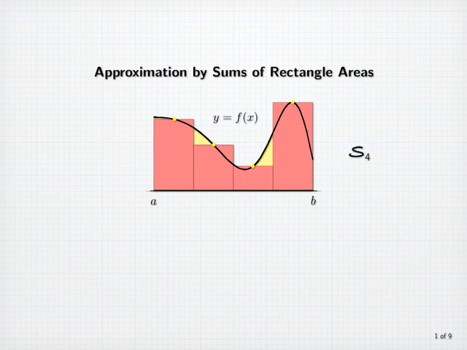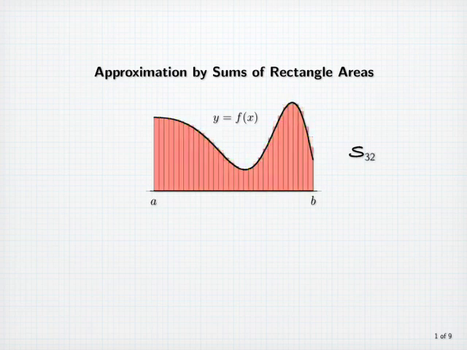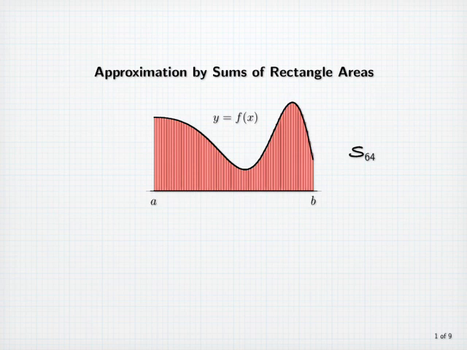of the 4 rectangles. If we increase the number of rectangles to 8, we have a picture like this, and we'll use S sub 8 to denote the sum of those areas. Here we have 16 rectangles. Here we have 32. And this is an approximation using 64 rectangles, which appears to be a fairly good approximation to the area under